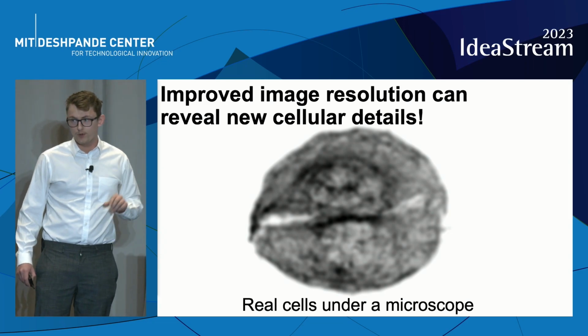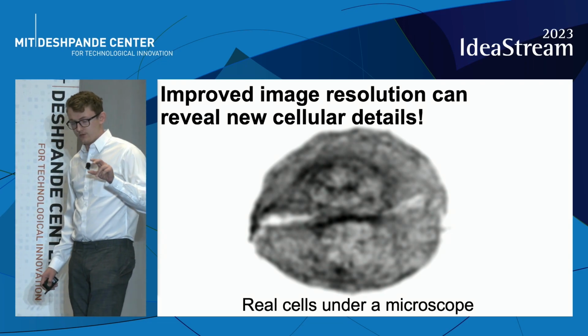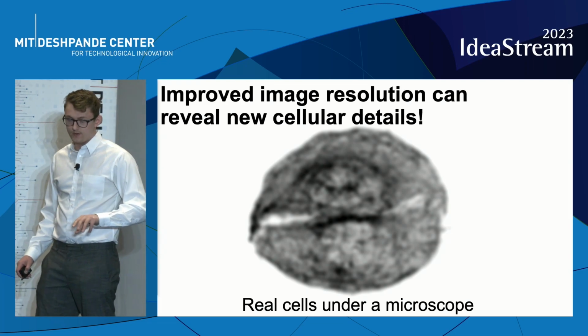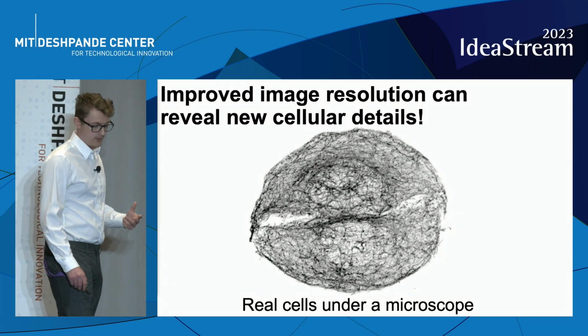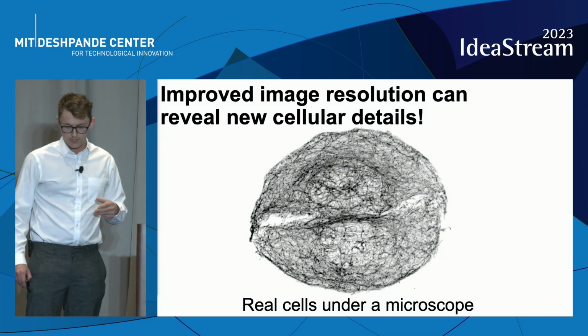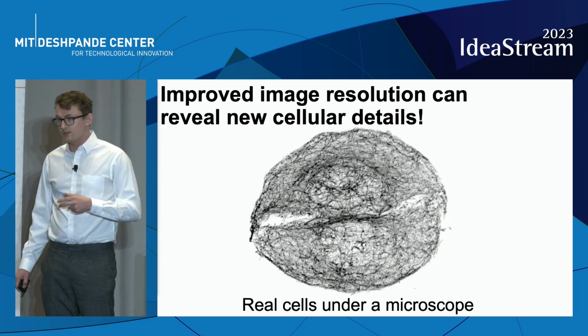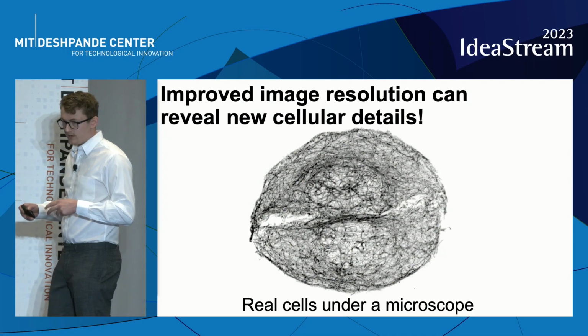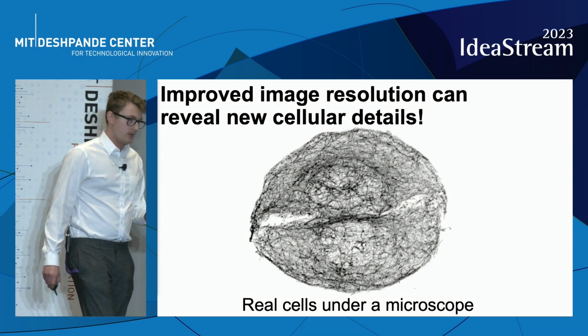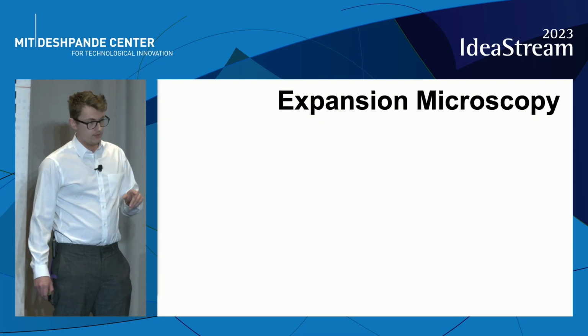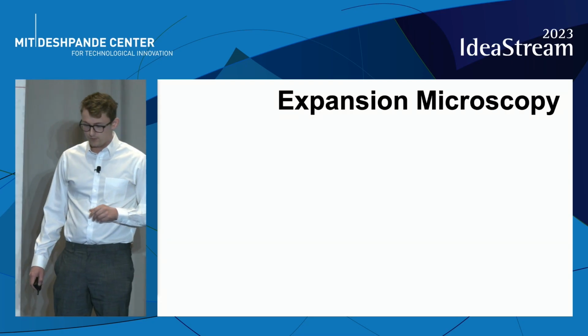And that's all well and good, but if we really want to interrogate those cellular highways that I talked about, we need to increase the resolution of our images. And the question becomes, how do we get that increased resolution while using the same high-throughput microscopes that pharmaceutical companies already use? So the answer to that is a technology that came out of the Boyden lab in 2015 called